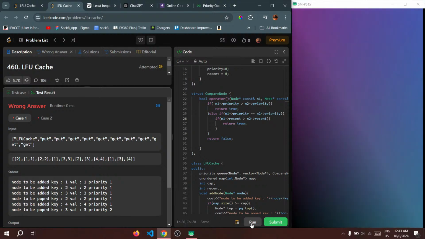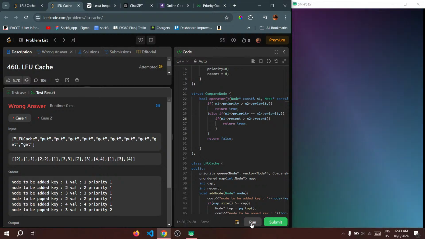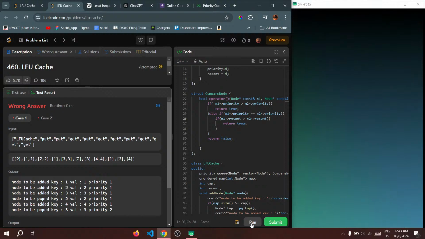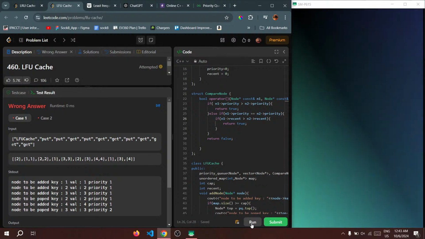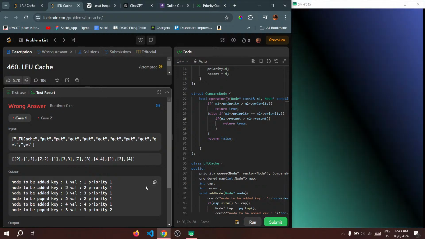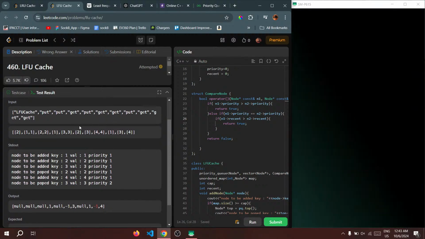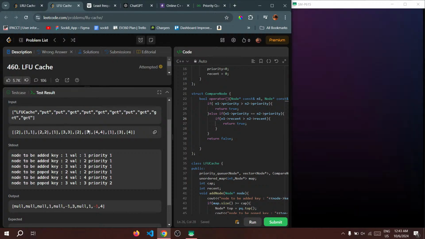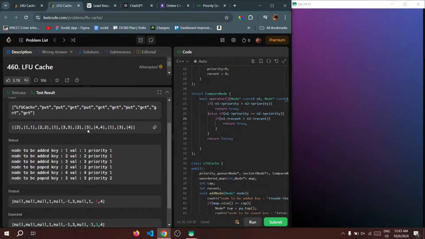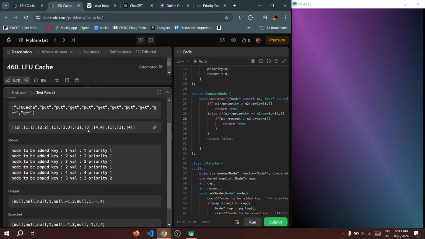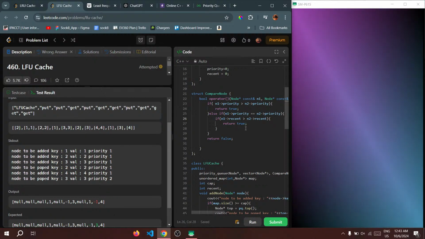Now if n1 recent, now whose recent is bigger? 3's recent is bigger, correct? Because 3 was accessed. If I reverse this,